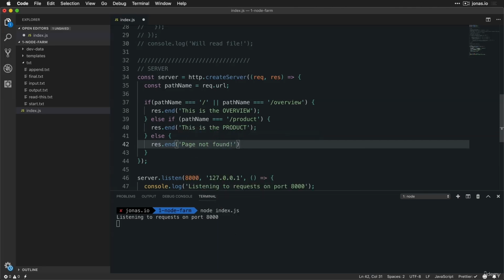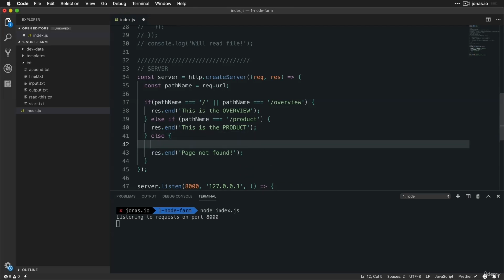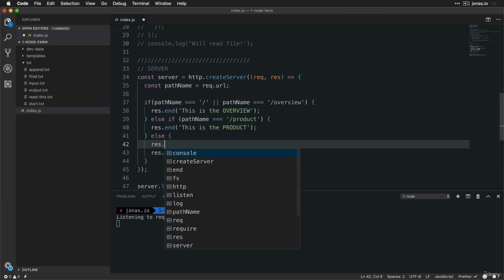Page not found. Now, many times when on a website you try to open a page that's not found, you see this 404 error, right? And that is actually something called an HTTP status code. And so since we're sending back a response, we can also add the status code to the response. And so for that, we can use multiple ways of doing that, but I'm going to use one that can do more than just status code. And I'm going to show you why in a second. But for now, I'm just saying here